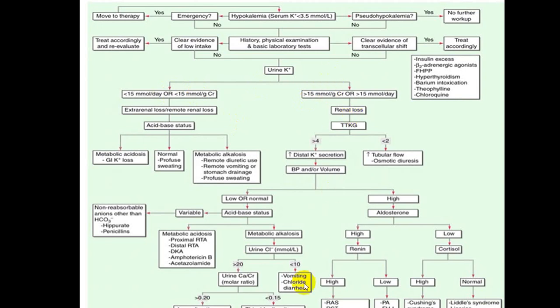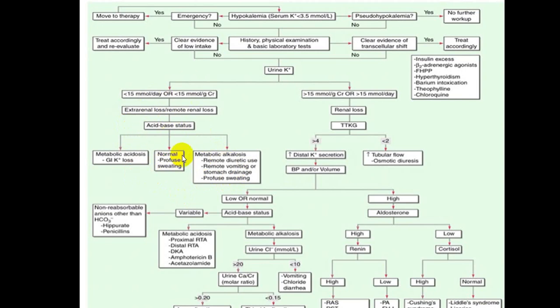Then we go for the renal conditions. If it is less than 20, we call it extra-renal loss, like metabolic acidosis, excessive sweating, and metabolic alkalosis, which can be due to diuretic overuse, vomiting, nasogastric drainage, and profuse sweating. These are the conditions we try to rule out